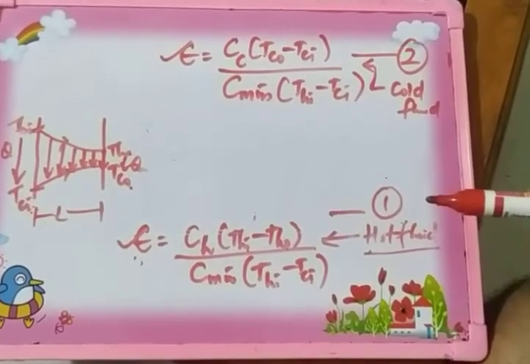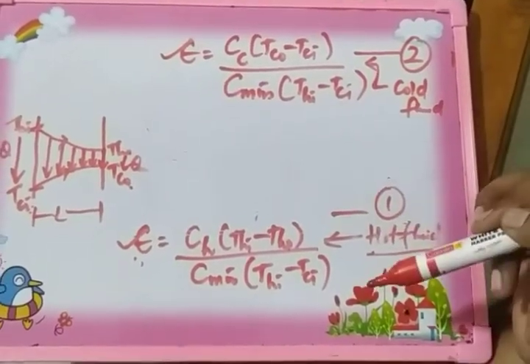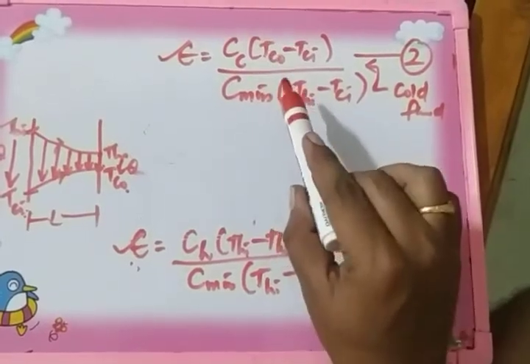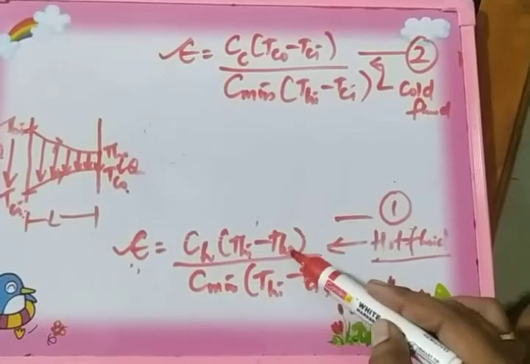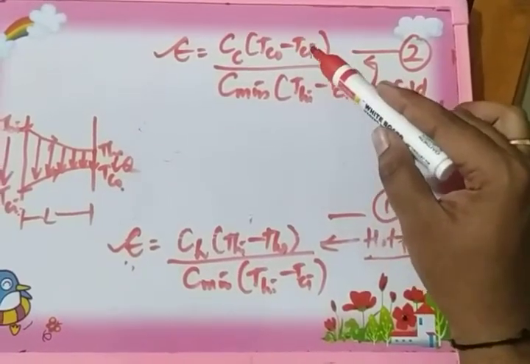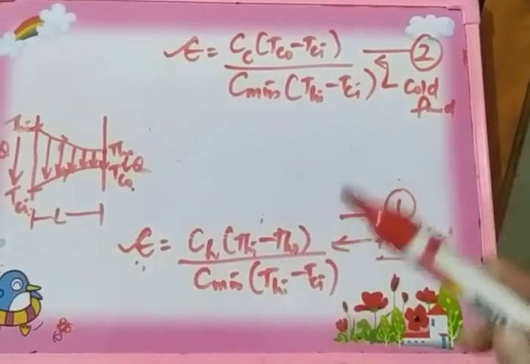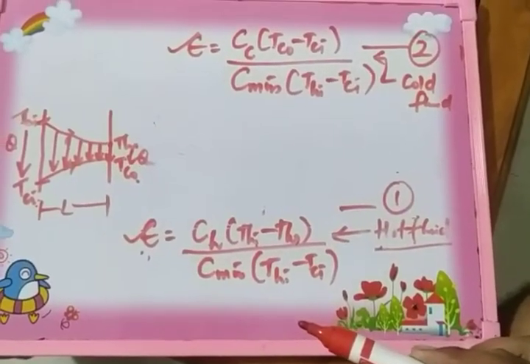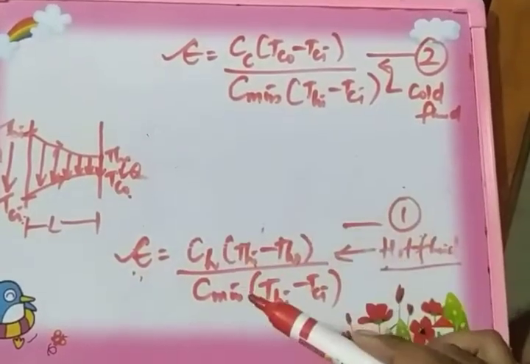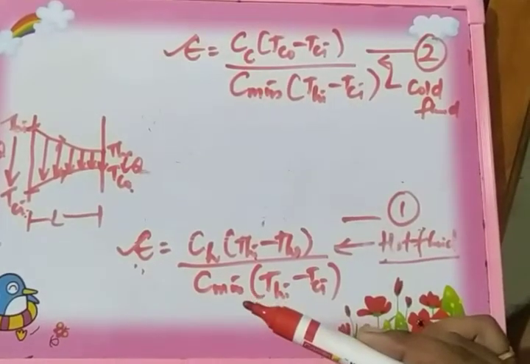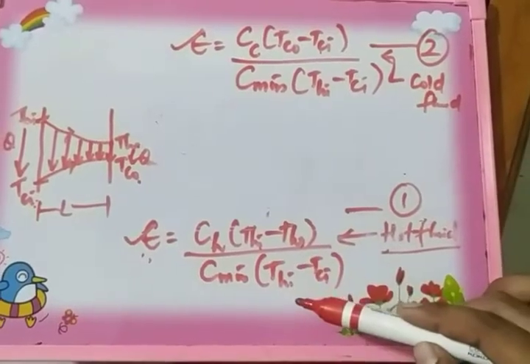Okay, now moving on, using these two expressions, if you rearrange these one by one, we can write the expression for the outlet temperatures such as THO and TCO. Now after some time we will come to know why we are writing the expression for THO and TCO, the temperatures at the outlet. So I am going to rearrange these two expressions and arrive at an expression representing TCO and THO.